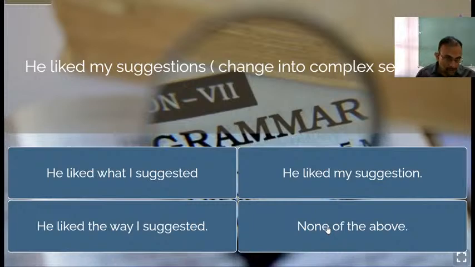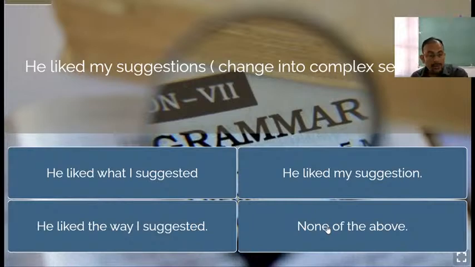So, as I cannot see you here, so let me guess this. Let me tell you the answer. No, I can see you here now, so I can see your answers also. So dear students, let me tell you the answer. Okay, so he liked the way I suggested, Anusri said. Akanksha said good. Sorry, so Akanksha, option C.